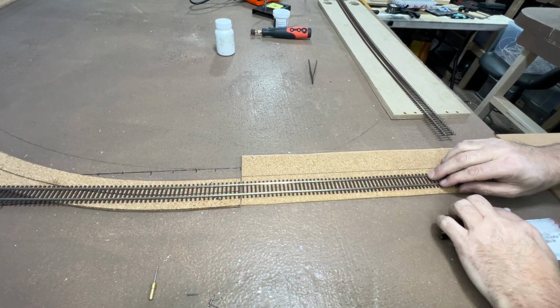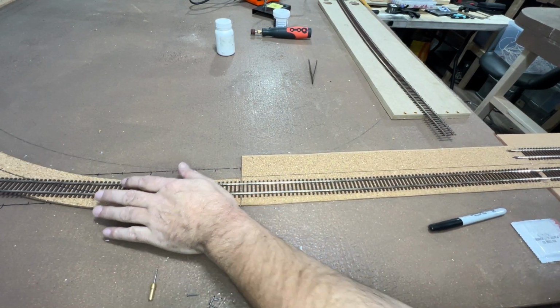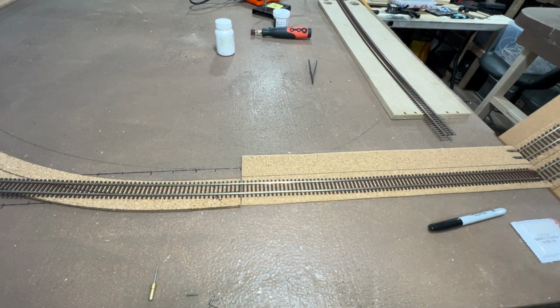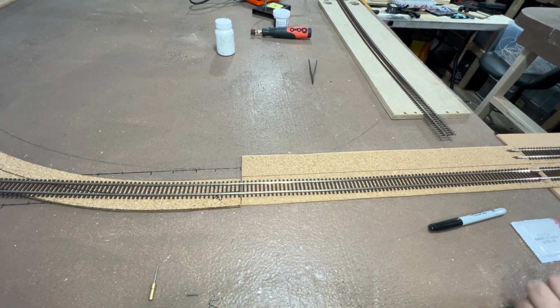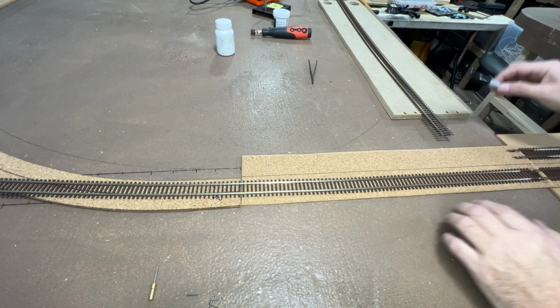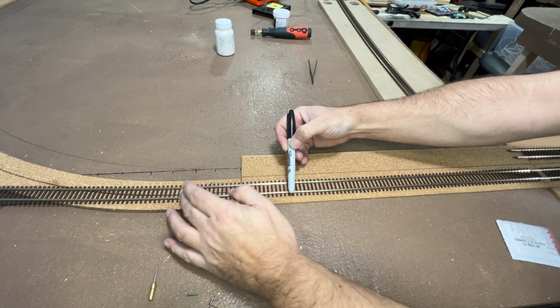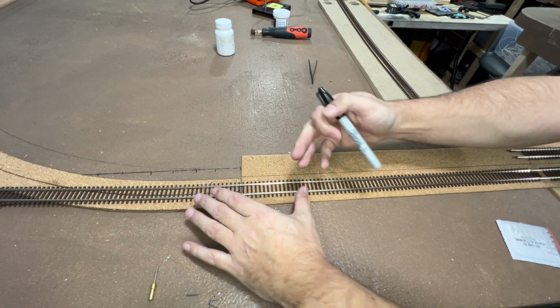So where am I going to start? I'm going to start right there. Now, I temporarily laid this piece of flex track here because I wanted to line it up with my bridge. As you can see, I have a hinged lift bridge there. Now, I am going to take it up to about this point here, approximately 6 inches before it starts curving,